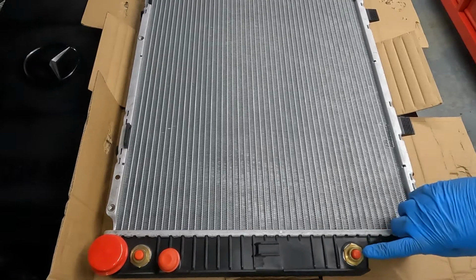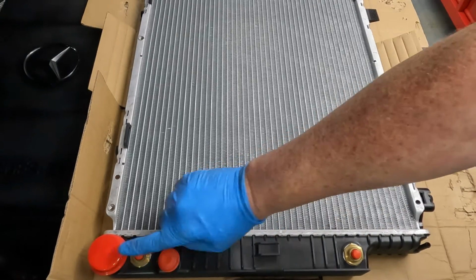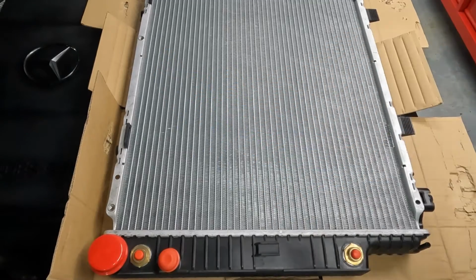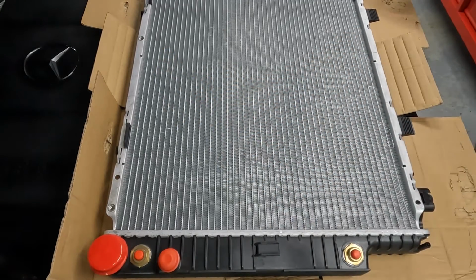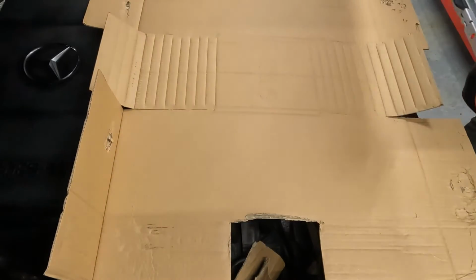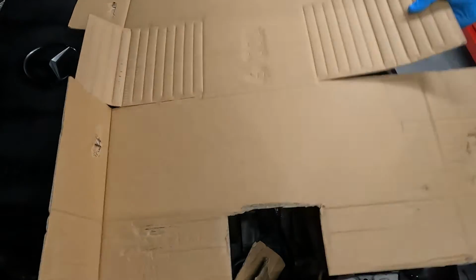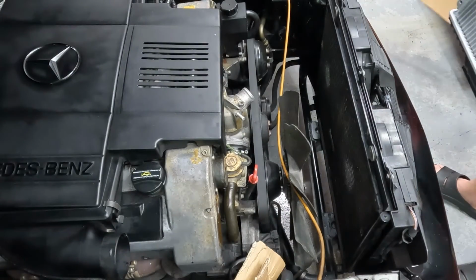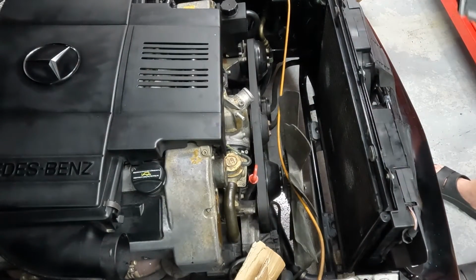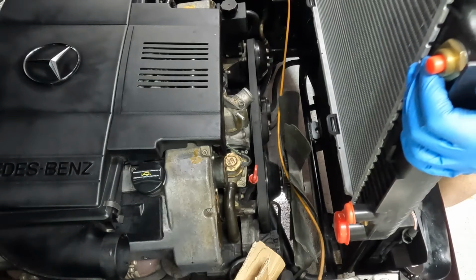Got the transmission cooler line for the upper and lower, the overflow and lower radiator hose, and on the other side, the upper radiator hose. But we're going to pick her up carefully. Hold on to her carefully. Get our cardboard out of the way. I already moved the latch cord,